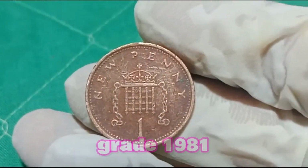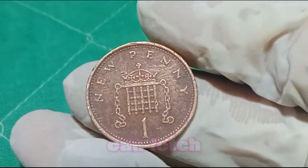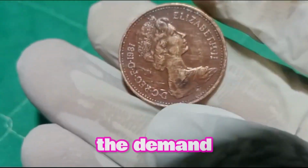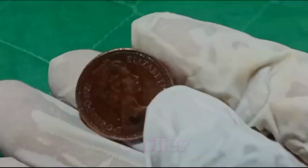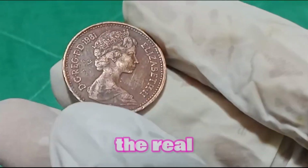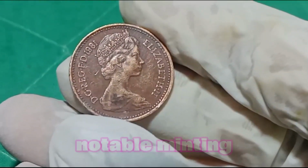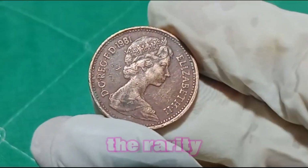A high-grade 1981 one-penny in MS65 or higher condition can fetch prices of up to £10 to £30, depending on the demand and the rarity of finding such well-preserved examples. As mentioned earlier, error coins are where the real value lies. A 1981 one-penny with a notable minting error could easily sell for £50 or more, depending on the rarity and